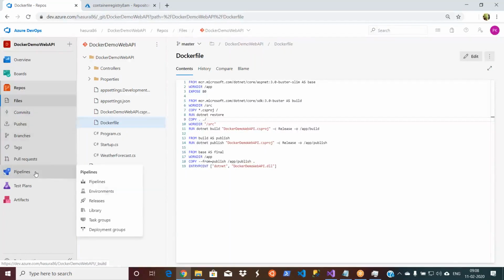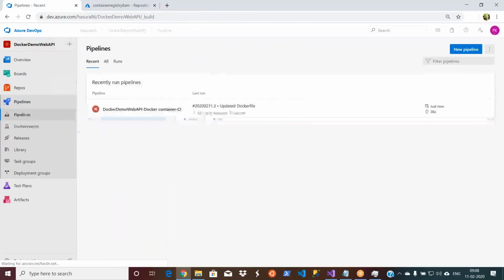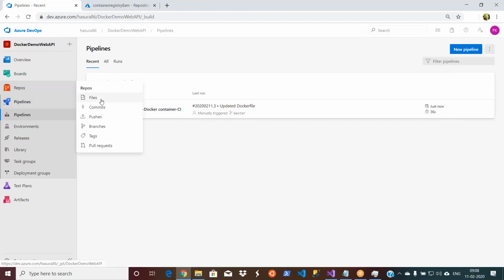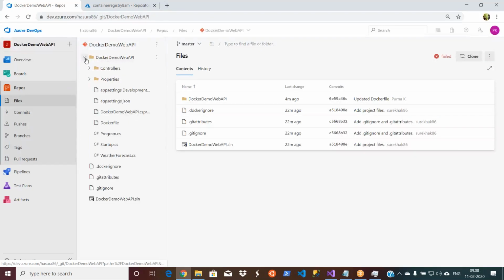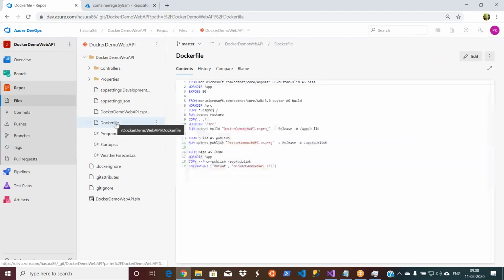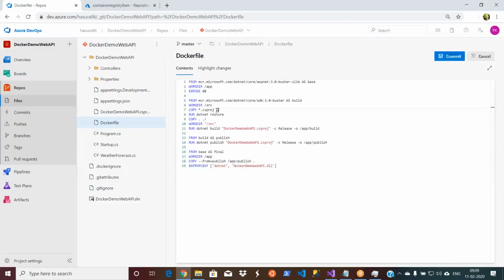Let me go to the pipelines. It has already failed. Okay, let me make that change. Go to the Docker file, then edit this, dot.